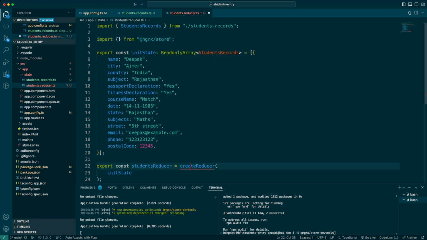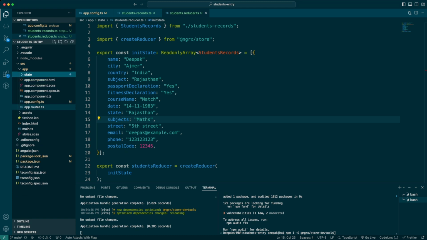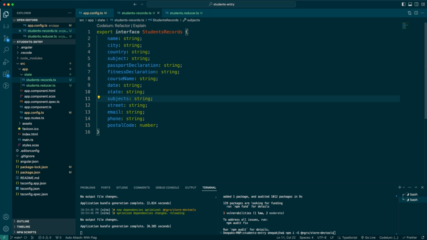Let's just put this here, and that's pretty much it, right? So now we have created the reducer. We have also created an interface which will basically give our application a skeleton of a record. Like, what are the properties that a record particularly is going to have? And now we'll quickly go back to